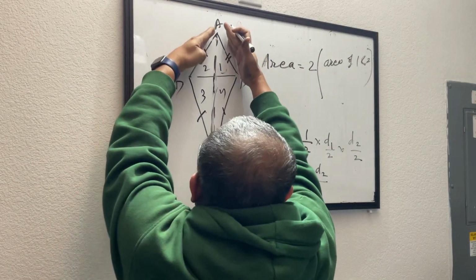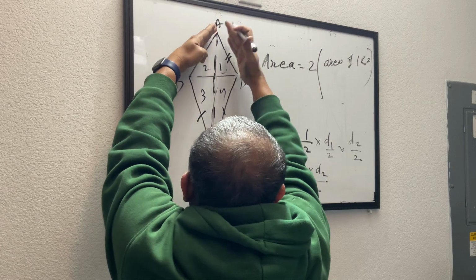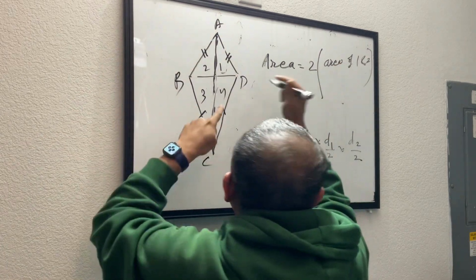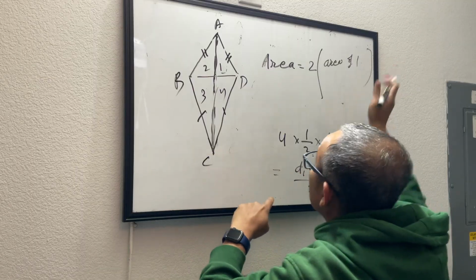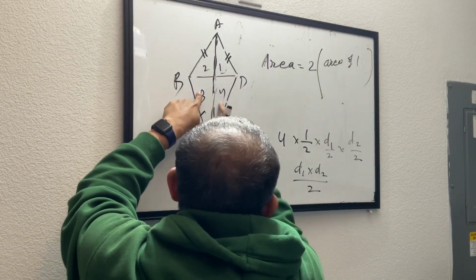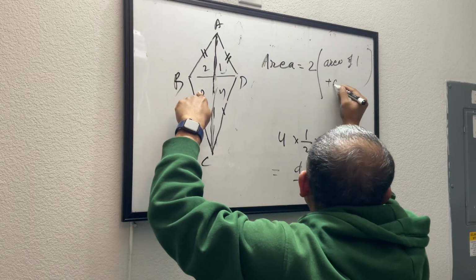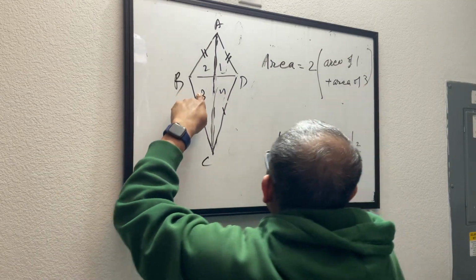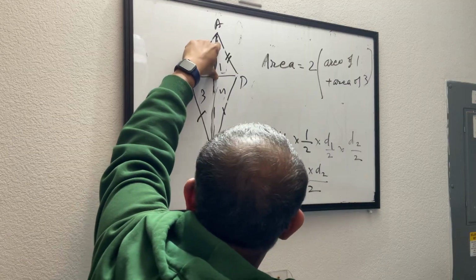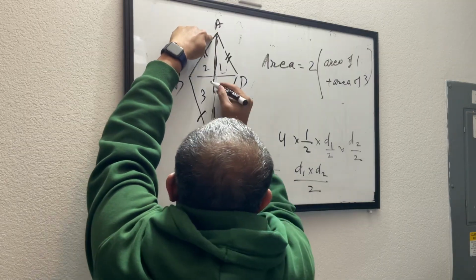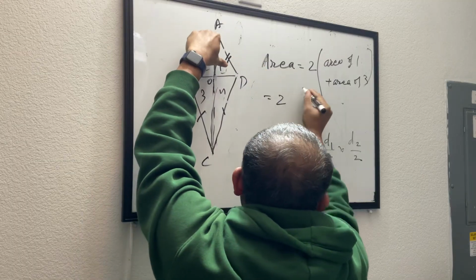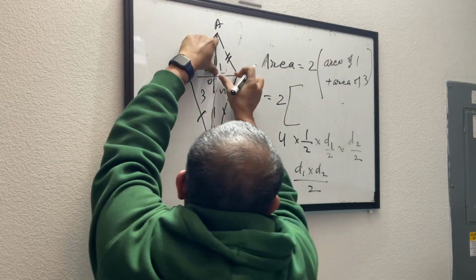Why? This is a right angle triangle. These two are right angle triangles. This side matches, and this side is common. So it will be 2 times the area of 1, and 2 times the area of one of the other triangles, let's say 3. Now look at the area of 1. Let's say this is O. So 2 times the area of this, so 2 times the area of 1. The area of 1 will be half into